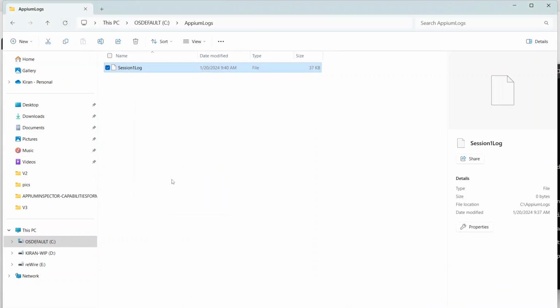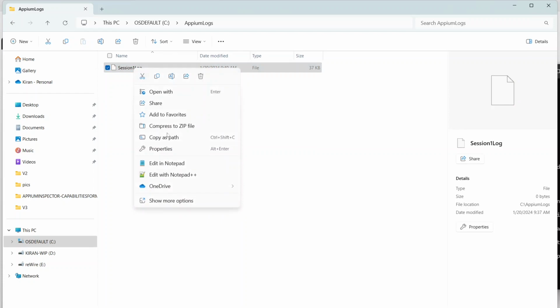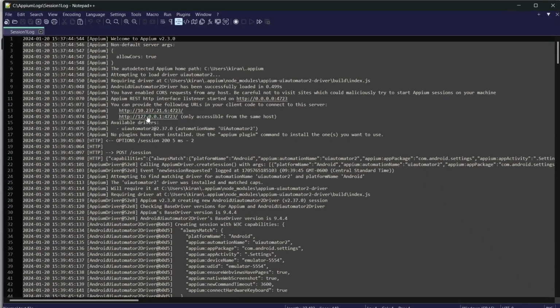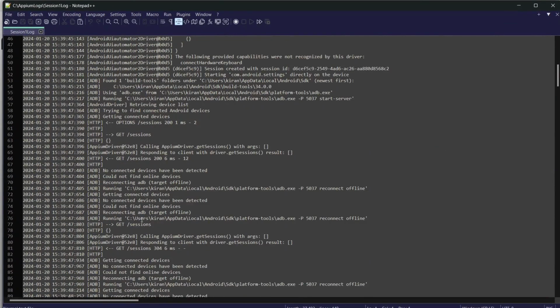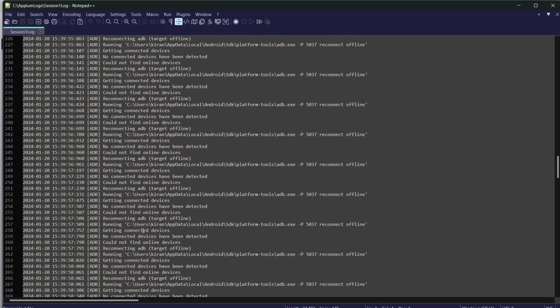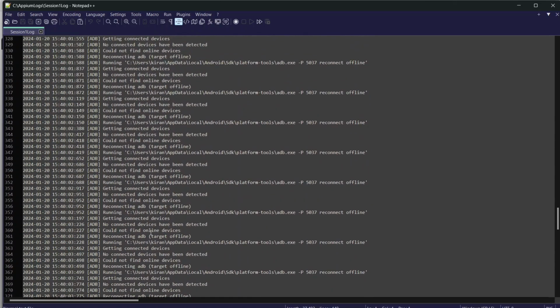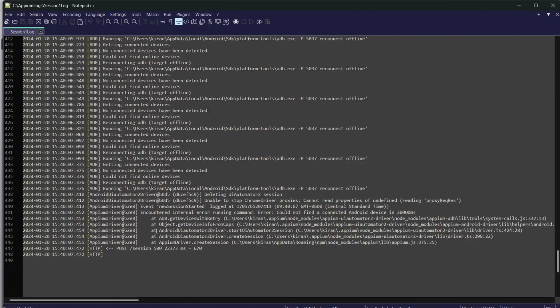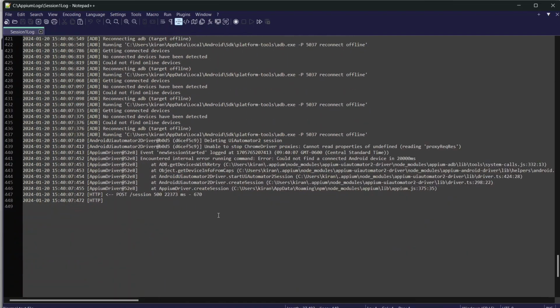I will open this one in the notepad. See here, the entire log has been captured. Since the emulator is not available, it is waiting for a certain amount of time. So 500 milliseconds means 5 seconds it has waited, and then it has given the message saying that so and so is not